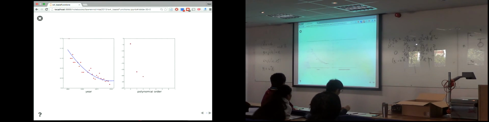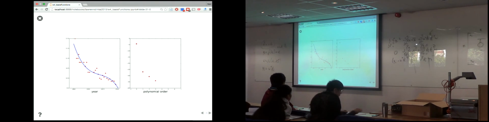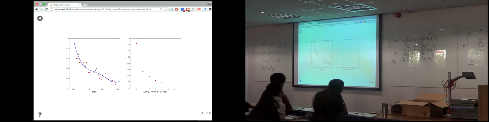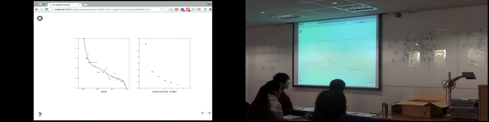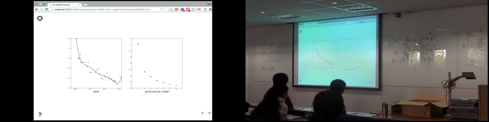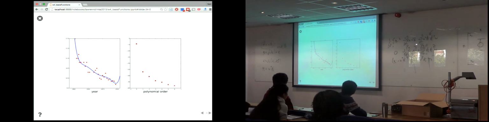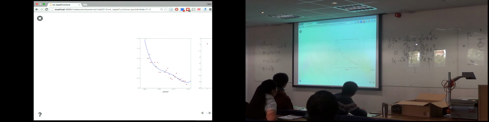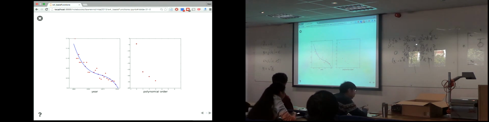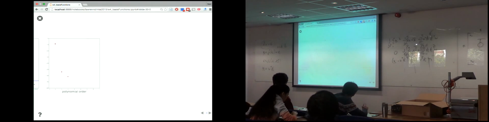As we increase the order of the polynomial, we get more and more complex curves, and we get a lower least squares. So see the least squares dropping down. I'm getting a more and more complex curve. So this is the problem now, that what we've actually done, which of these curves is right? So who thinks which curve is right? How about that one? Who thinks we'll be running negative speed marathons by the year